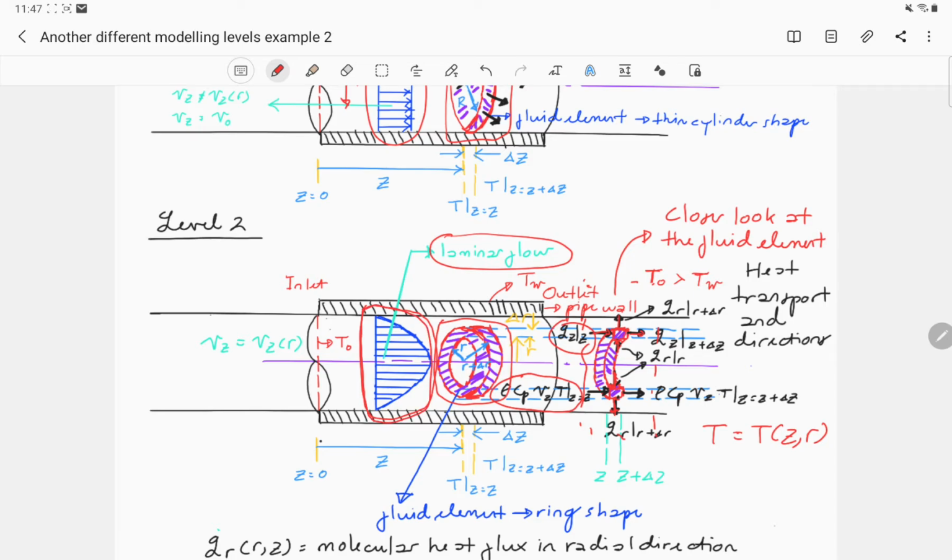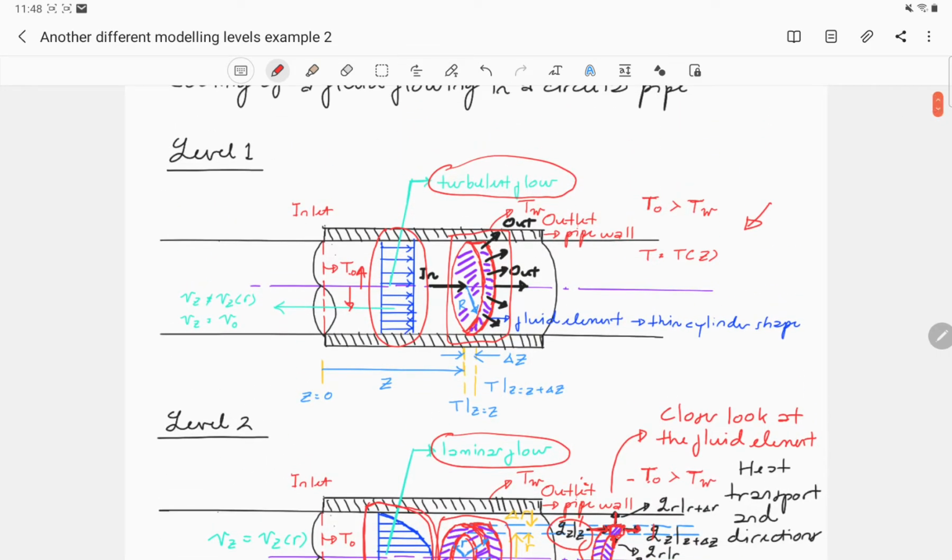Because there is heat transport in both the radial direction and the axial direction, that means the temperature is no longer a function of Z only. So the temperature becomes a function of Z and R here. Okay, so that's why we have a ring-shaped fluid element here in order to account for the heat transport in the radial direction and the heat transport in the